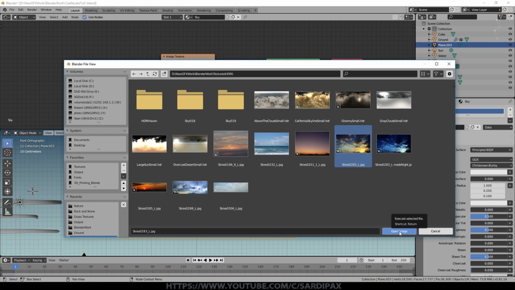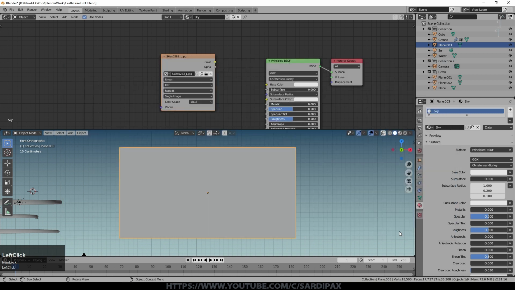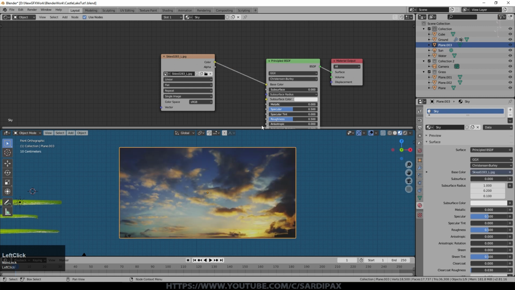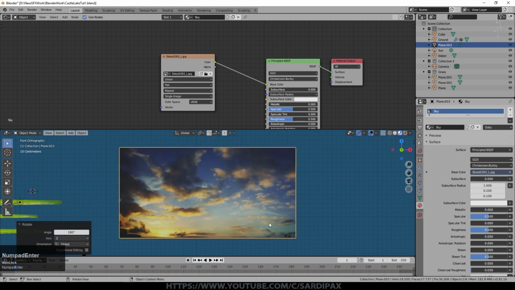Most of my textures come from CG Textures, but I do get a few elsewhere, and some of them I make myself. This is one I've used several times because I think it's quite a dramatic sky and I quite like it. So we'll just put that into the base color, and there it is. Now for my scene, the sun was off to the right, which was fine. For this one, it's not, so we'll just turn it around. I just turned it around 180 on the Z.